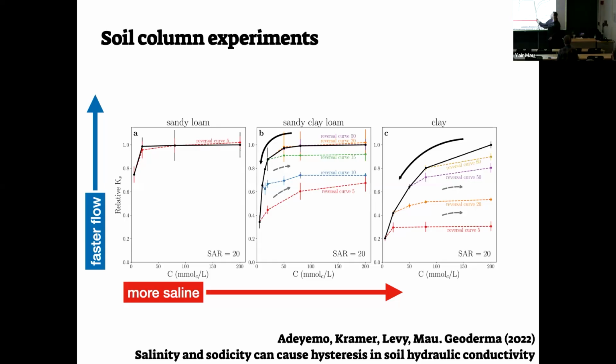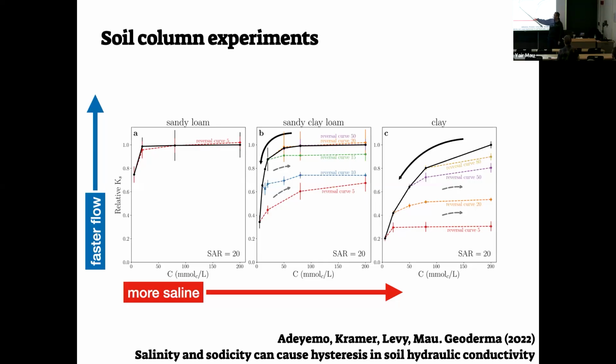So let's focus here. We start from here, and this black arrow says that we should start reading the graph from here. So we start with high concentration, and exactly as in the 1966 paper, we see a degradation in the hydraulic conductivity. But then we stop and we go back. We increase again the concentration, and it's interesting to see that if we stop either here or here or here, there's no problem. Maybe you can't see the colors here. There are dashed curves in color. So if you stop early enough, no problem. There's little degradation, and it is completely reversible.